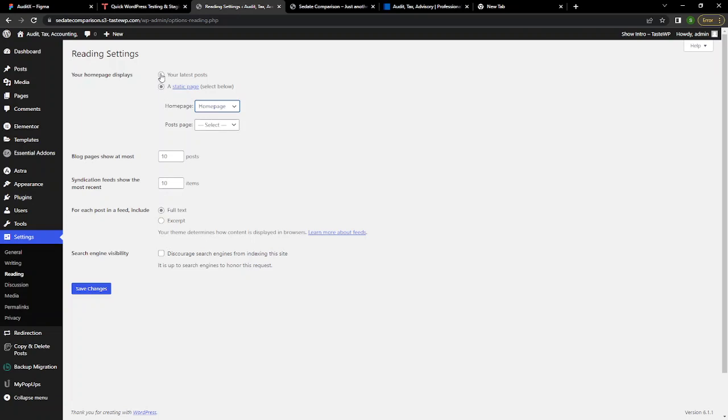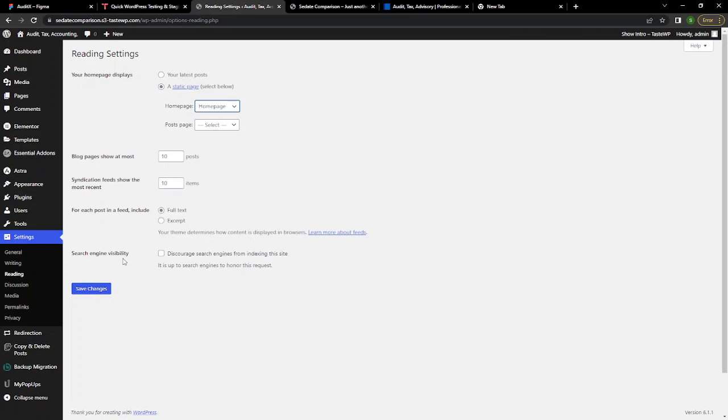And after, if I select this one, it will be grayed out, it will be inactive. So immediately I click on it, it will be active, and I can select this home page and save changes. Now, before you save changes, if you are using your own domain, that's the one that you paid for,